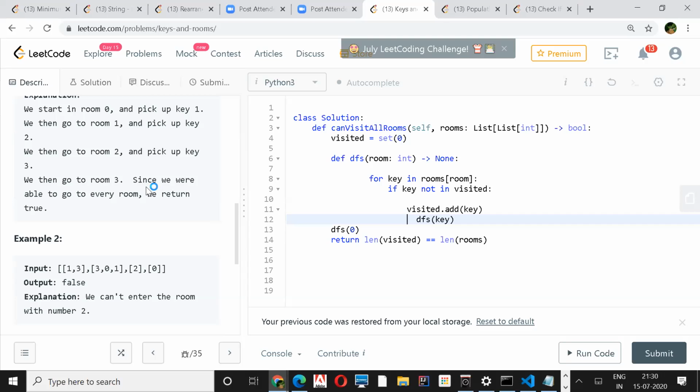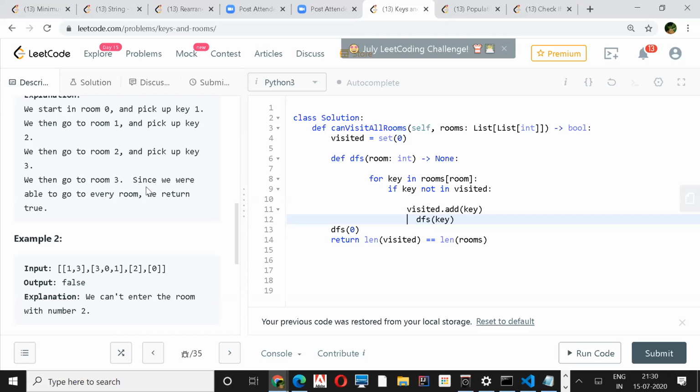I just got the thought now. So you're saying you do a union for each room whenever you find a key, and you assign the parents, right? And at the end, if you see the count is 1, we are done. Yeah, that is also good.